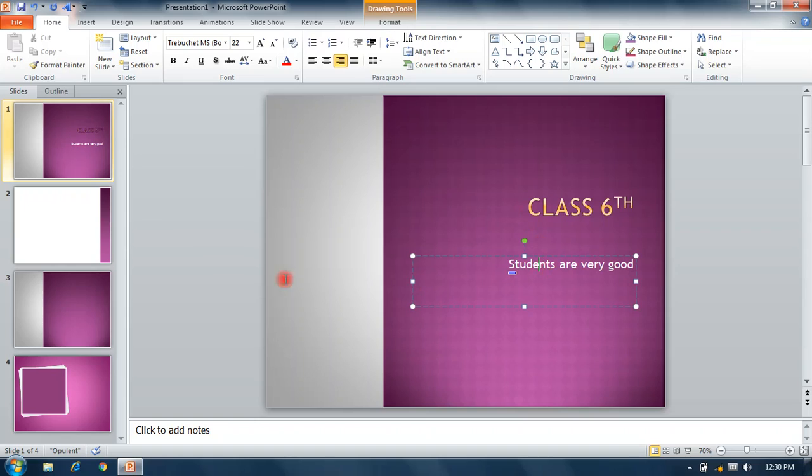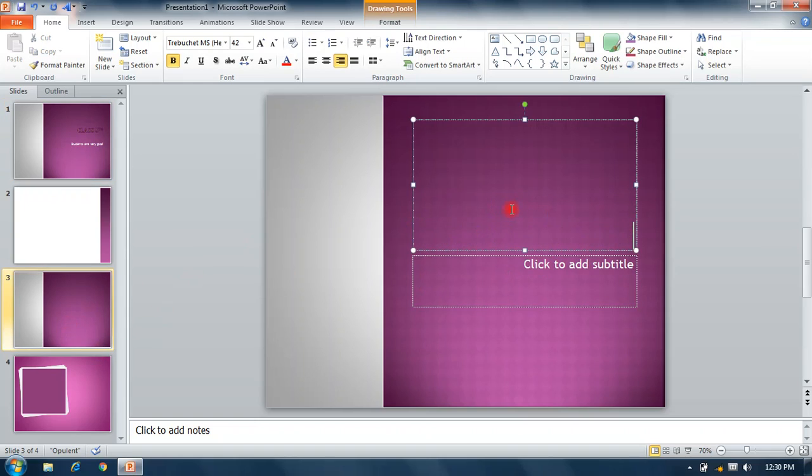We can also insert images and other pictures in this placeholder. So we can say that a placeholder is a place where we can type text or insert pictures, etc.